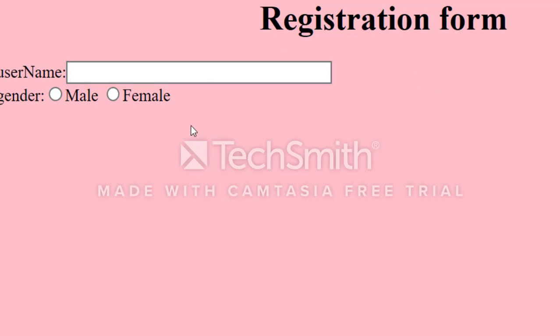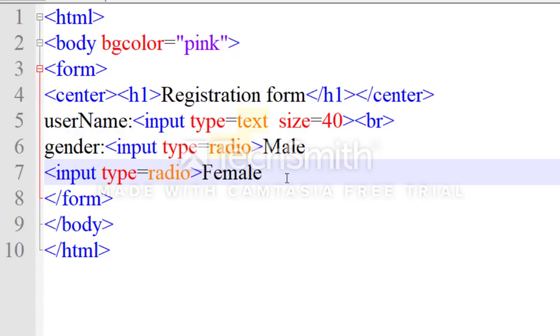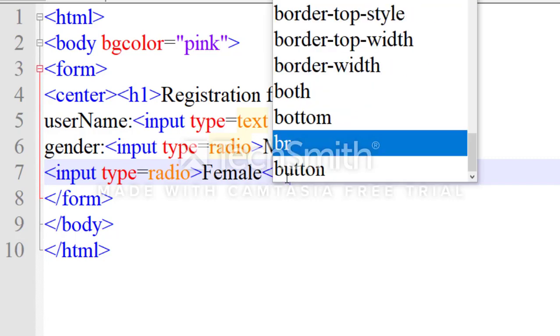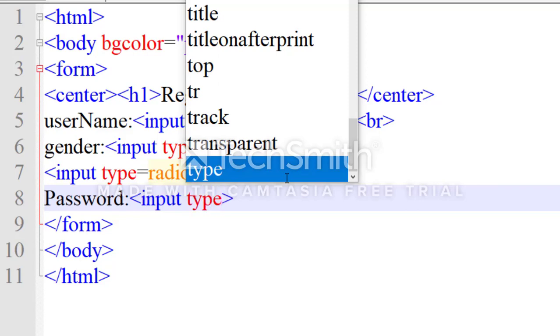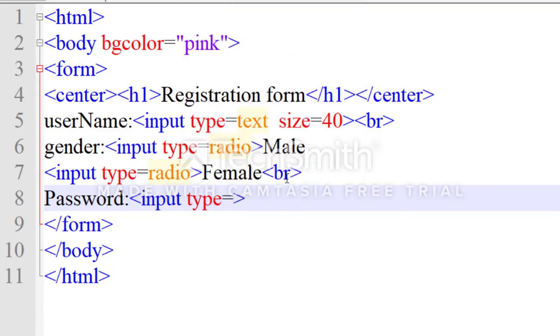Now I want the password box, that's why I will write the BR tag here. Now password colon input type equals to password, double quote is not necessary.